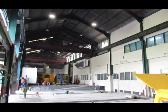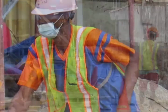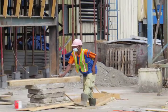VinLink has strict safety policies, and all contractors on VinLink sites, as an industrial site, have to uphold these policies. They are required to always wear their helmets, ear protection when they're in the station, and don their reflective vests. So I assist in making sure that the contractors are familiar with the VinLink safety policies, and they regularly practice